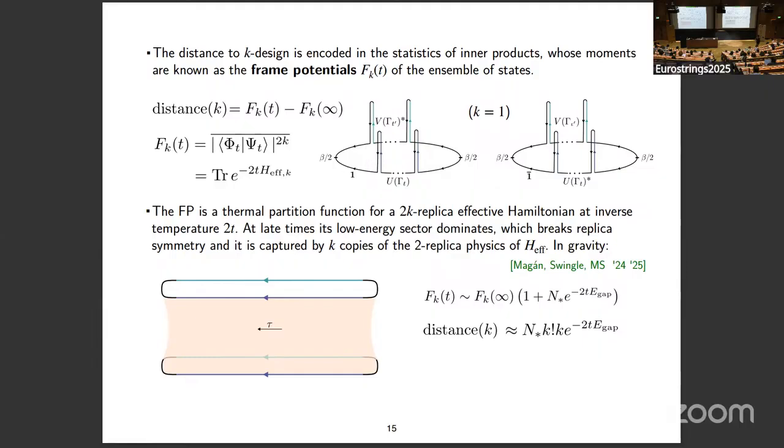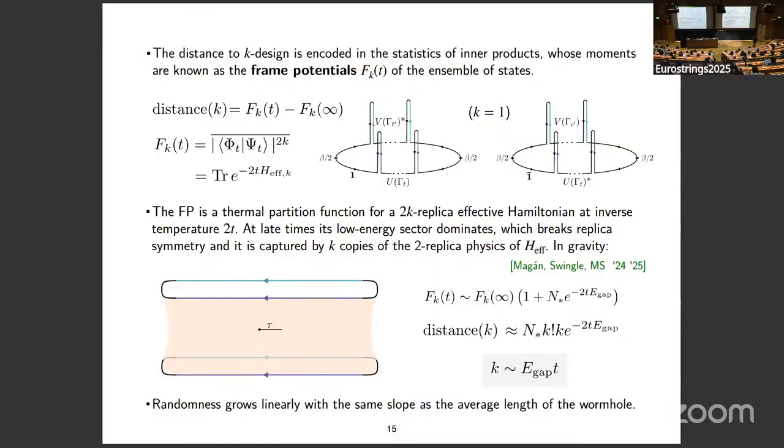And so one can impose that eventually at some time tk, the distance is smaller than epsilon, and so the ensemble of states becomes an approximate k design, and show from this kind of formula that k for gravity grows linearly in time with the slope given by the gap of the 2 replica effective Hamiltonian. So this is a very general argument, but it works in gravity because of this 2 replica wormhole, which can be explicitly constructed. Okay. So what we showed here is that randomness grows linearly with the same slope as the average length of the wormhole. So combining both